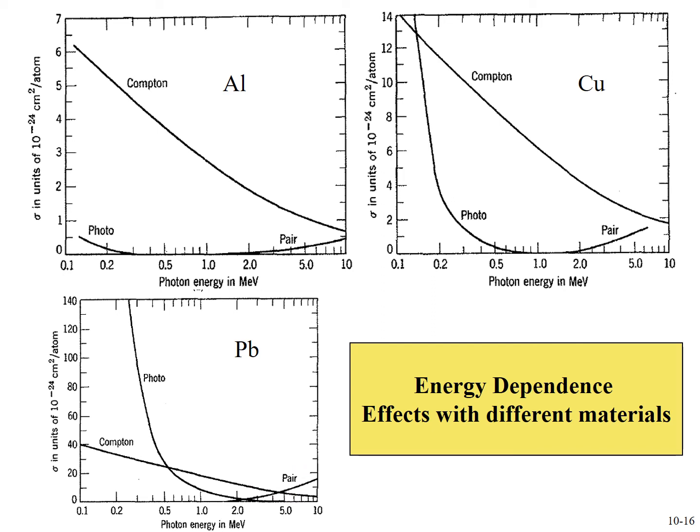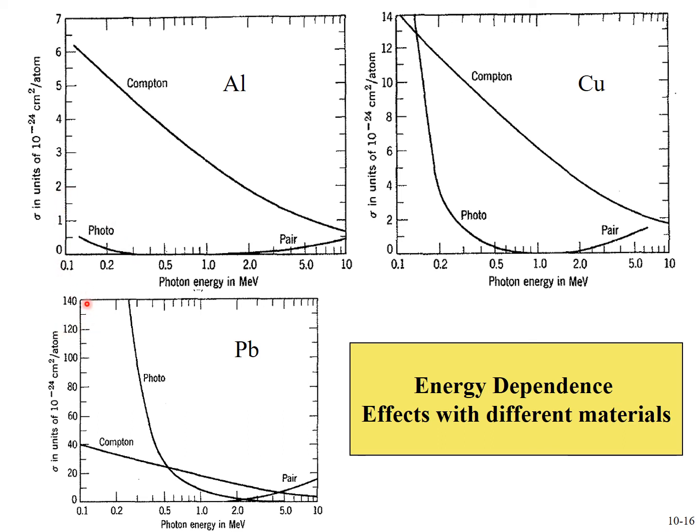And we do see that Compton scattering dominates for a range from about 0.5 to 3 MeV for all the materials. For the lighter materials, Compton is the main and primary interaction. As we see for aluminum, the Compton effect is the primary interaction of photons with aluminum. However, the cross sections are around 6 barns, whereas for copper, the cross section goes up to on the order of 20 barns, and for lead, the Compton cross section is 40 barns, whereas for the photoelectric effect, the cross section is massive, well over 200